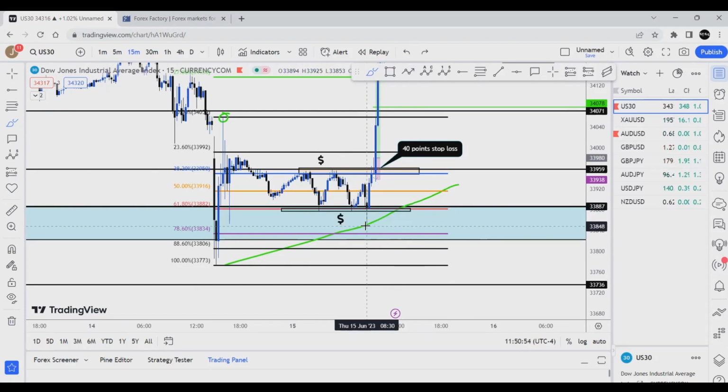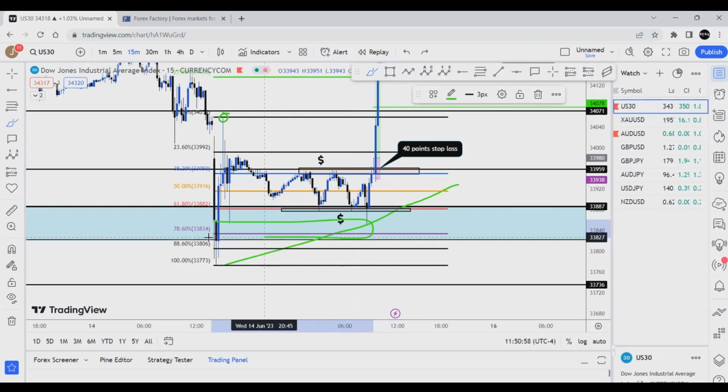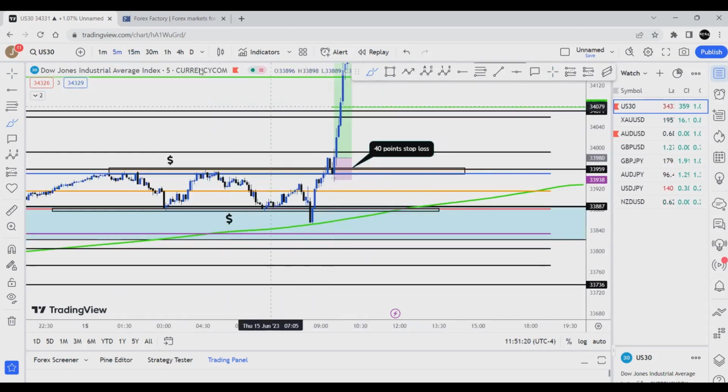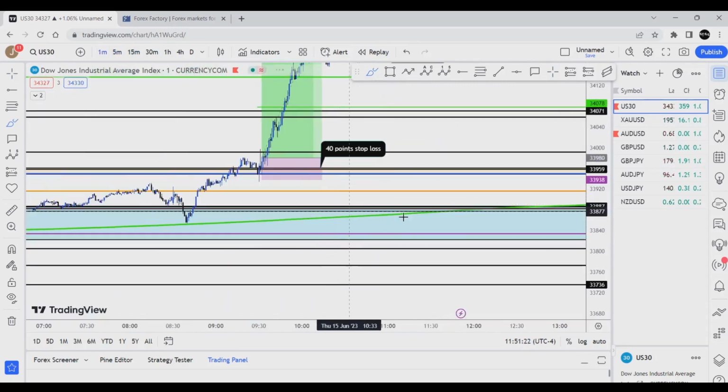Not only does the bank chase and take out the liquidity, but it also comes to fill off that institutional candle right there. So I wait for liquidity to be taken out from the downside over here, and wait for a beautiful entry over here using market bandit for my buy. So after noticing that price is at the 618 and all that liquidity is taken out, I then went on to the smaller time frame. I went to the 1 minute time frame actually.